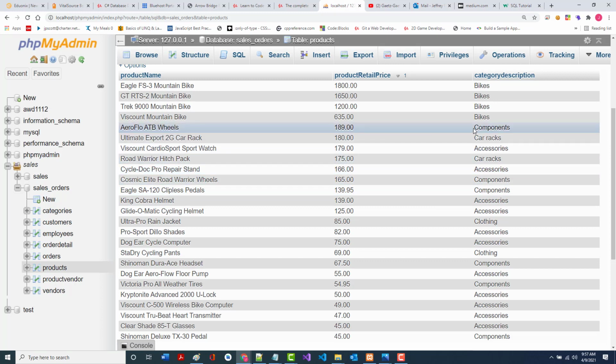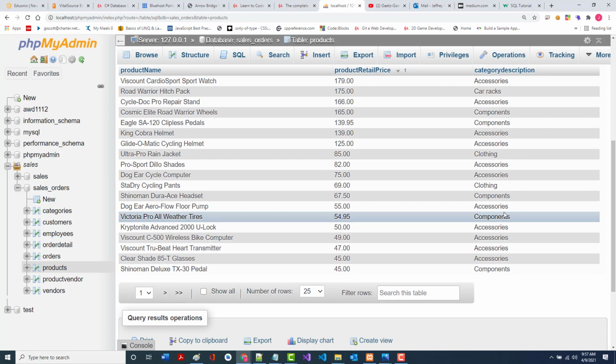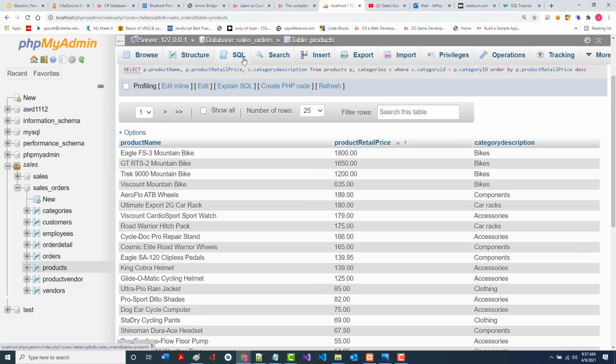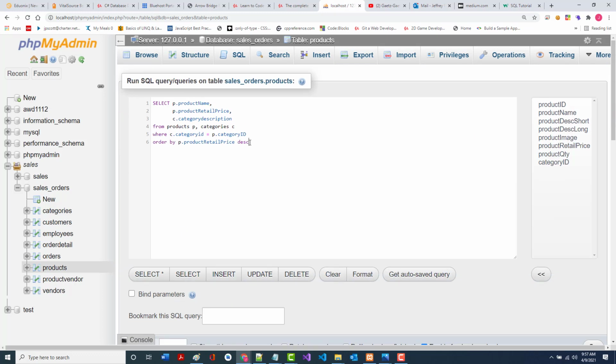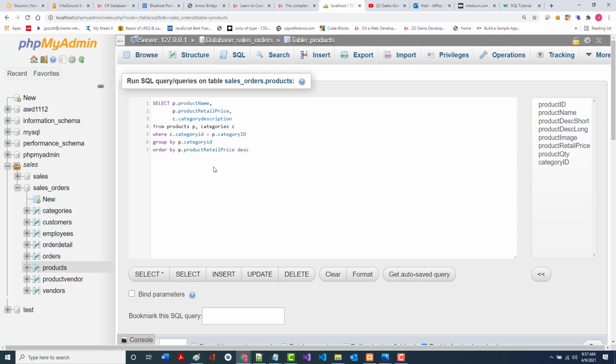See that? Wouldn't it be nice if I could have my bikes here, but if I've got other bikes or something like that, you see what I'm saying? And I'm doing all this off the top of my head, so it's kind of fun. I should be able to come in here and say group by P dot category ID